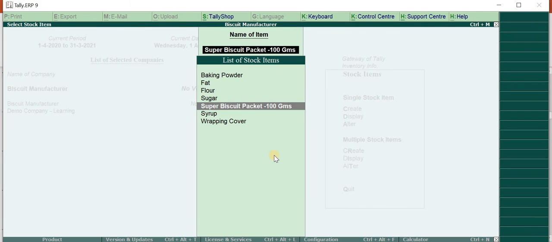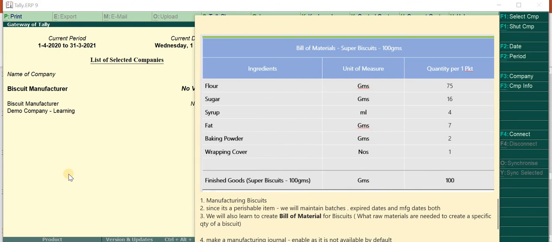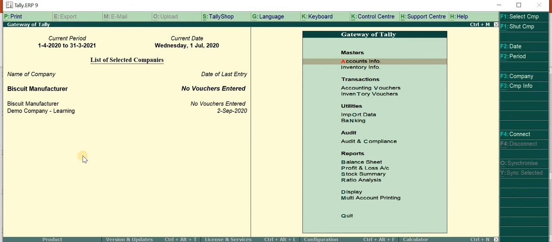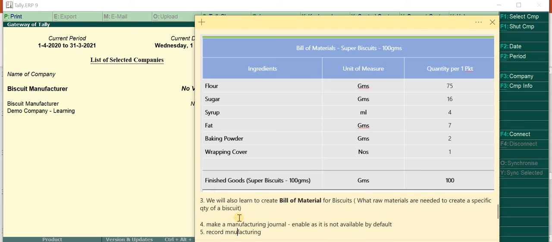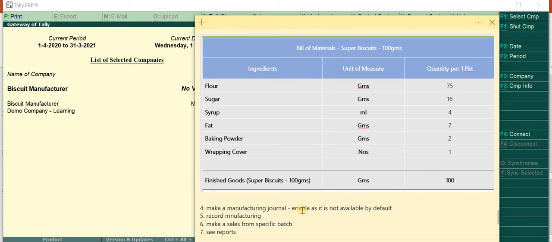Okay, it is saved. Now that we have come back to the Gateway of Tally, let's see what are the next steps that we need to do. Okay, so our bill of material is ready. Now we have to make a manufacturing journal, and we will have to enable it, as Tally does not give a manufacturing journal by default. So first let us enable the manufacturing journal, which we will pass to record the manufacturing of Super Biscuits.